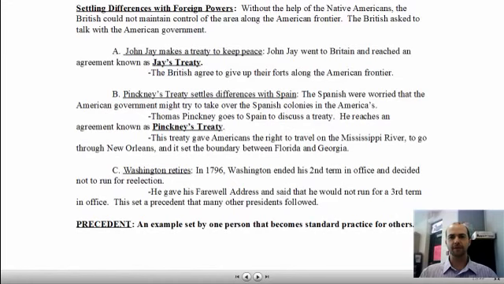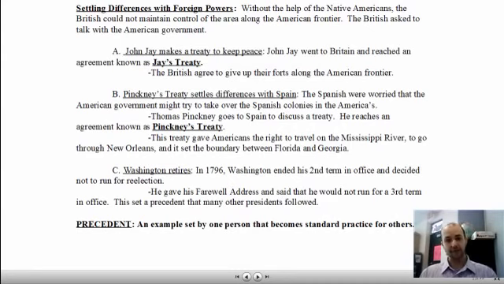And it set the boundary between Florida and Georgia, where it was at that point. So Pinckney's Treaty just shored up relations between America and Spain. Now in 1796, George Washington retired as president after his second term in office, and then he decided not to